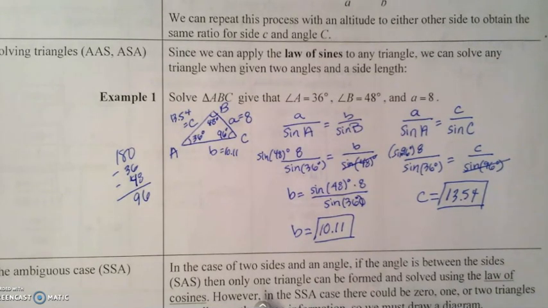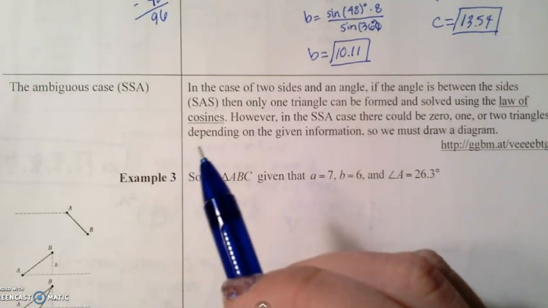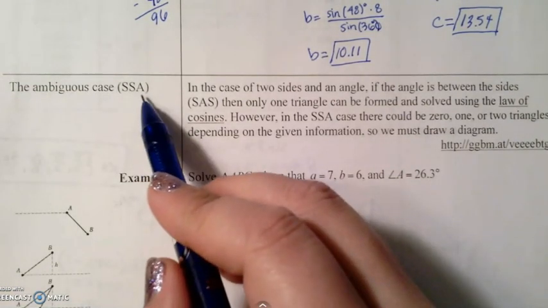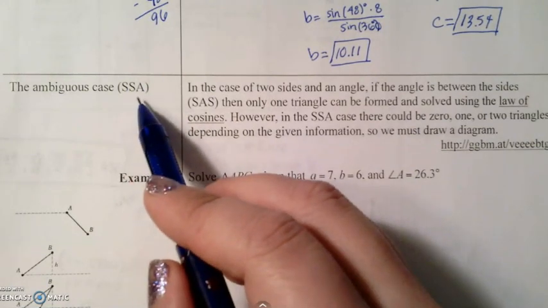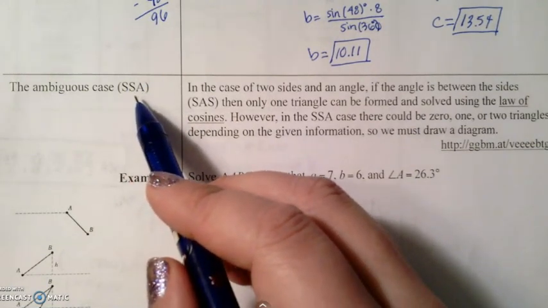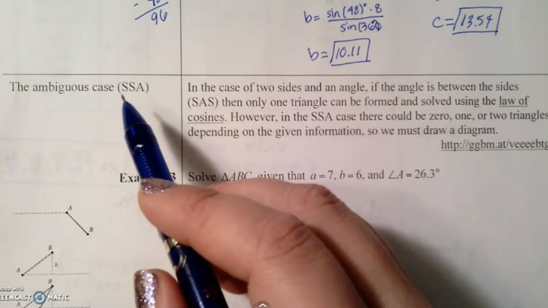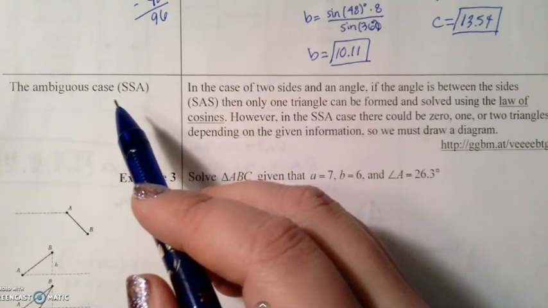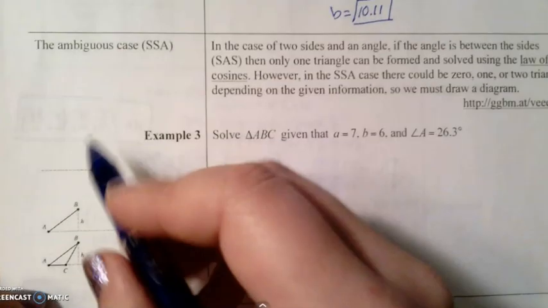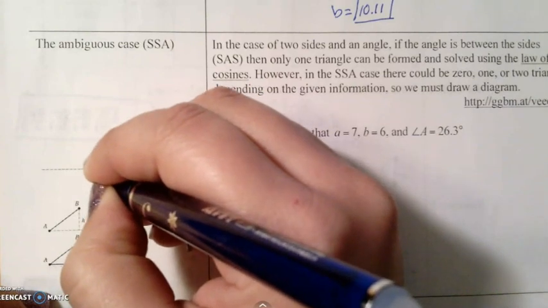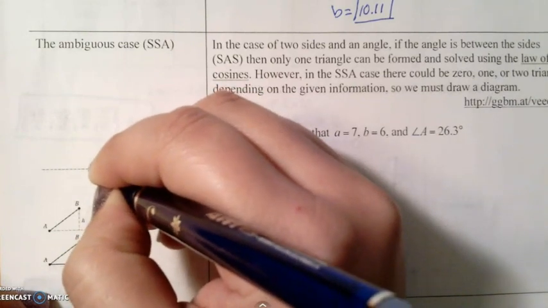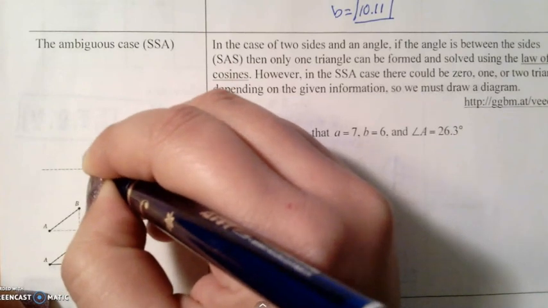And then we have our ambiguous case. So what does it mean to be an ambiguous case? Let's look down here. What happens is, for the ambiguous case, if we're not given two angles, we're only given one angle. Remember, this was not a congruence theorem, SSA, which means that there's other possible triangles that could be created. So what happens is, if I have an obtuse angle, and I'm given a side and an angle, and another side. So let's call this the first side, and here's my given angle,